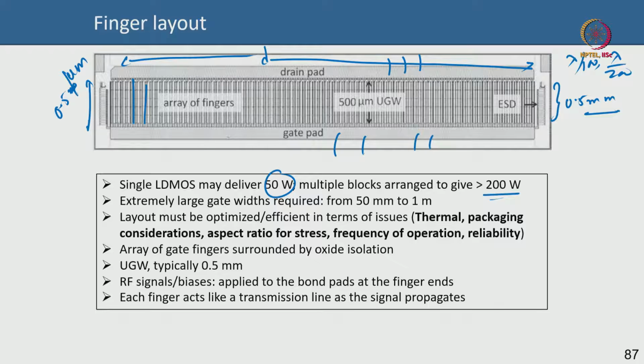If you are not going to package it but just do an on-board demonstration of some amplifier, then you can just have it on a fixture, which is put on a board. You can have an RF substrate or a board on which you put it. So you bring in RF signals to a connector on the board, and then you will feed